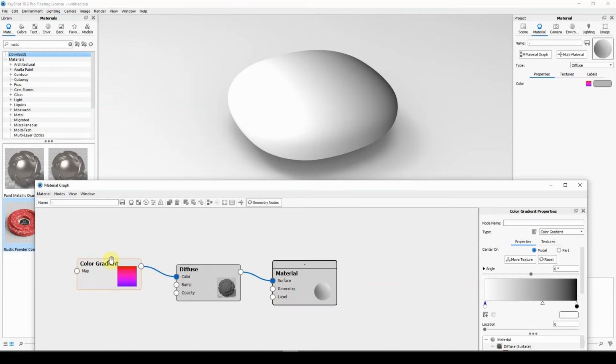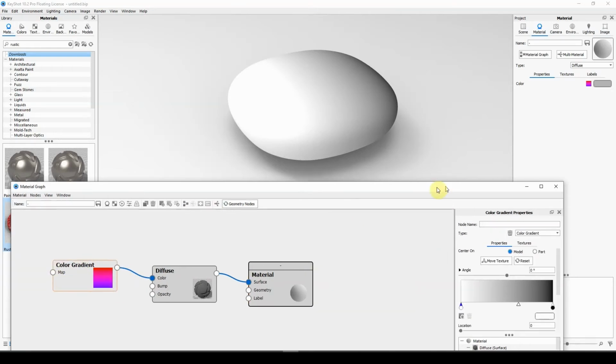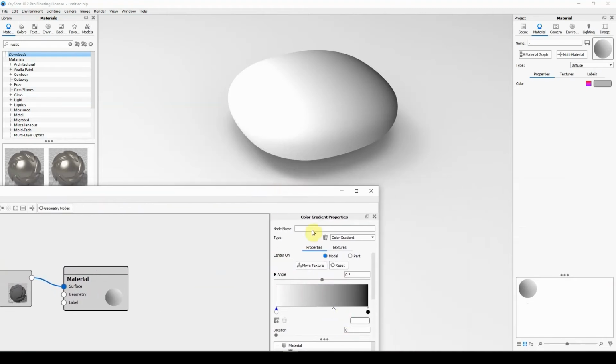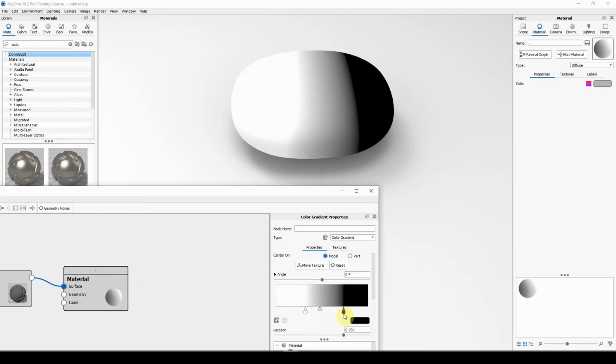Now if I double click on this color gradient node, it is going to open up the options that I can play with here. So we can see that we've got this gradient from white to black being applied. We can change the center point, or the level at which this gradient is applied. We can narrow the band from both sides on these sliders. Okay, and we can adjust this position as well. So now this is making this gradient very tight. We can make it a bit smoother over this region,